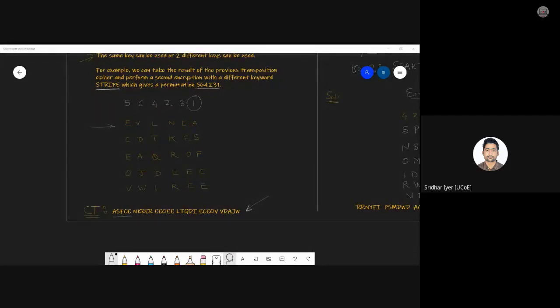Yes. So what we need to do is apply the same method again with either the same key, but I don't think the same key makes sense because it is simply adding extra overload to the existing cipher. So you can make use of a different key. That is the best possible option. Fine. So make use of a different key and encrypt the plain text. In this case, the previous ciphertext is now your plain text, right? So encrypt the message again, and you will get the result of the double transposition cipher.